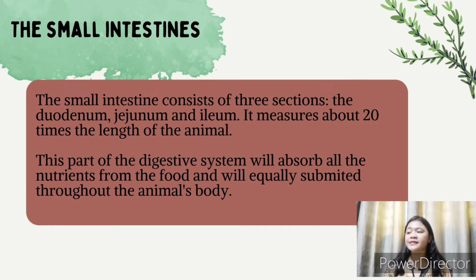The small intestine consists of 3 sections: duodenum, jejunum, and ileum. It measures about 20 times the length of the animal. Imagine, 20 times the length of the animal. So it is so long. This part of the digestive system will absorb the nutrients from the food and will equally distribute them through the animal's